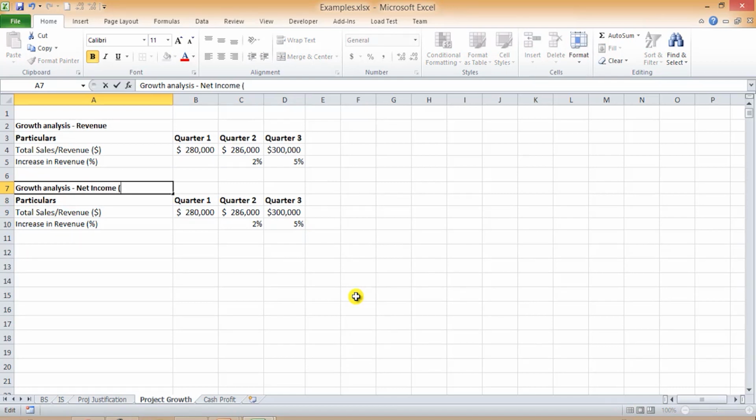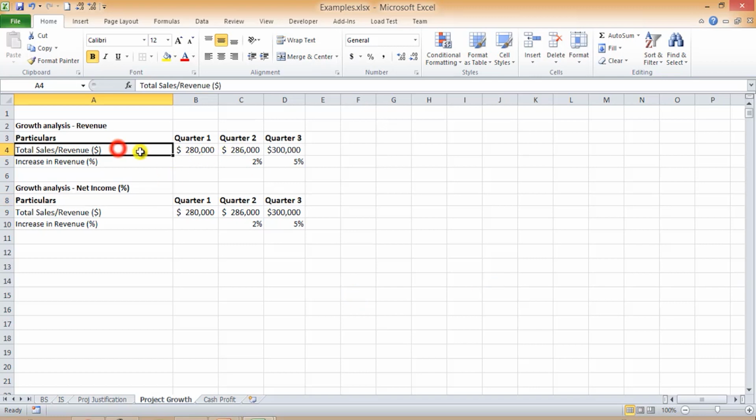Net income by percentages over here. Before we go ahead, I just want to give you a small heads up. In the net income analysis, there are two methods to determine how growth is happening. Either you have an increasing revenue, as we have in the growth analysis over here in terms of revenue, and